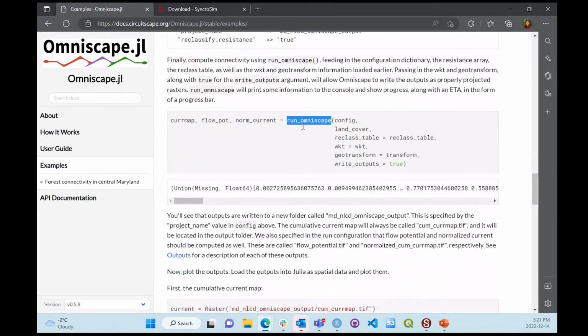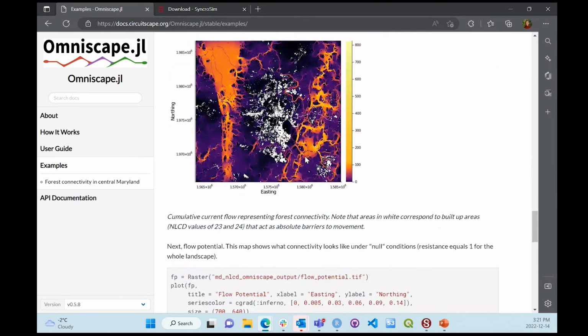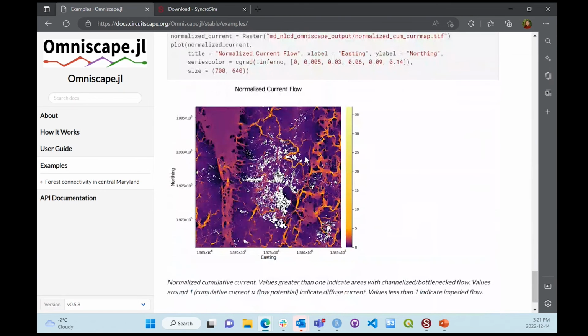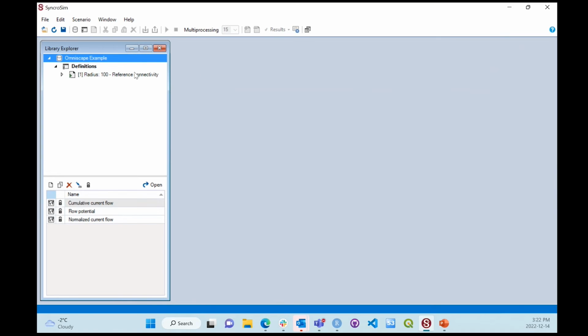So then Omniscape is run in Julia, and it generates 3 outputs: the cumulative current flow, the flow potential, and the normalized current flow. So what we'll do is reproduce this example with our Omniscape SyncroSim package. So switch back to SyncroSim now. I'll close this window because the next thing we'll look at is the scenario that already comes loaded with this